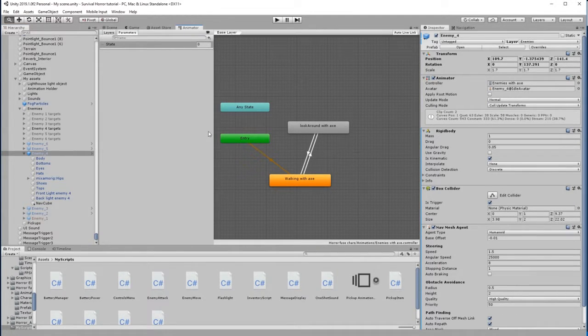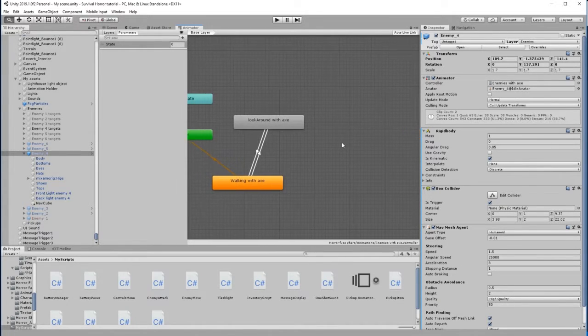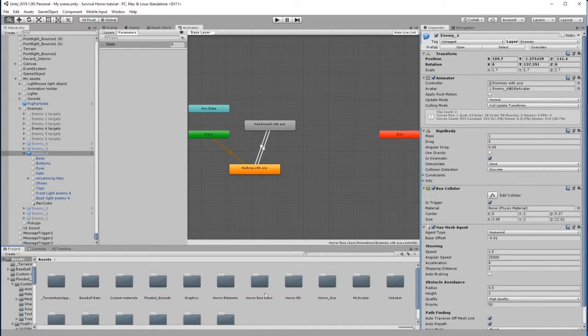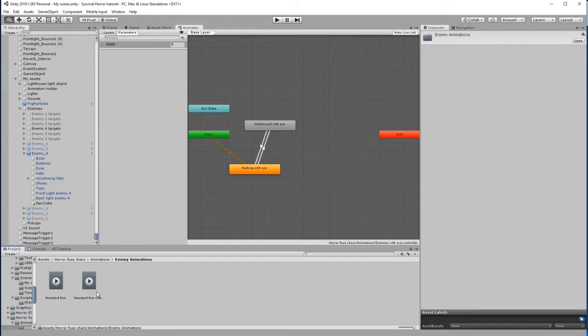So at the moment for the enemy 4 we have basically two animations. We have walking with axe and look around with axe. Now we need that extra animation that we brought in. So that's under horror fuse characters, animations, enemy animations, and here we've got it. Okay, so I'm just going to bring in the standard run,